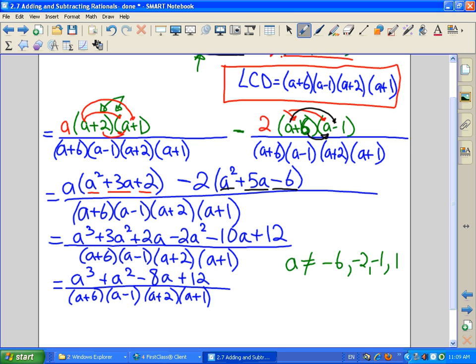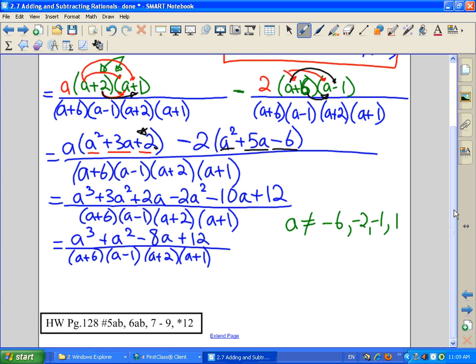A common mistake I find here, and I'm not sure why, is people when they go 2 times negative 1, sometimes they write plus 3. They actually add it instead of multiply. So make sure you didn't do that in your example. All right. Once you've done your FOIL, then you just simply use your distributive law, multiply through, and collect like terms. All right, ladies and gentlemen, here ends this lesson on